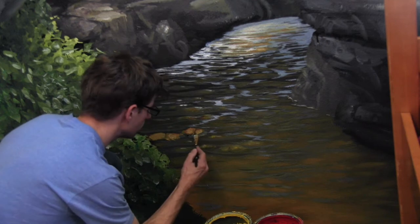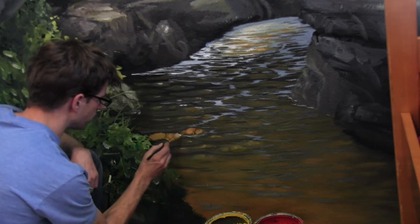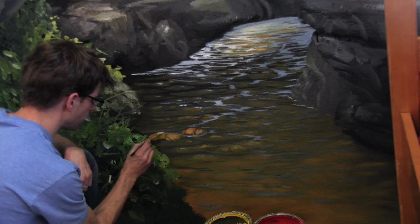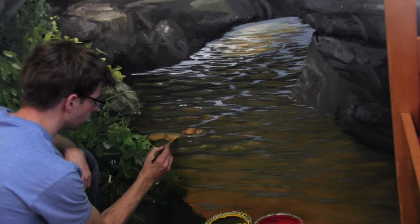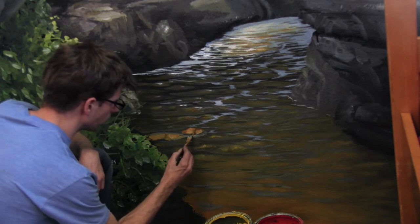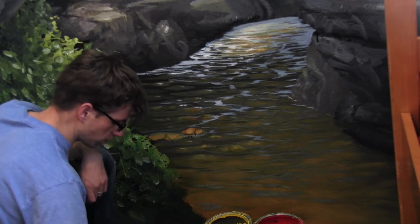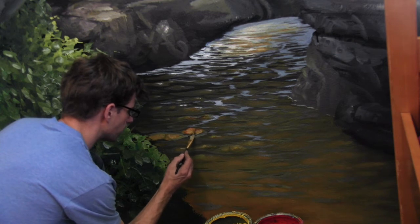And now I'm going to take that and put it on the reflection areas. See it? This wave kind of ramps up right here, and I'll just blend this right down into that. So I'm reblending the edges around each of these wave faces with this gray that I'm putting on. And I can even take that black and continue that little shadow between the rocks down into this reflection area,